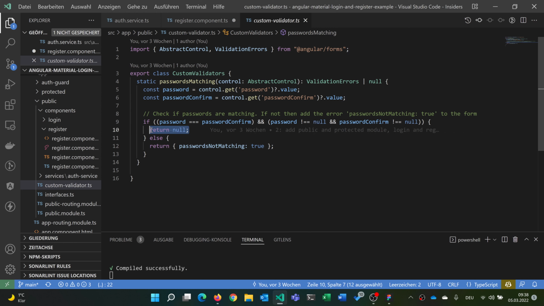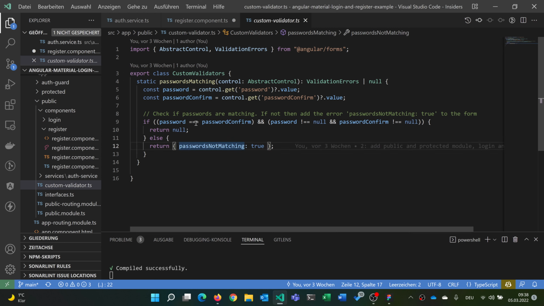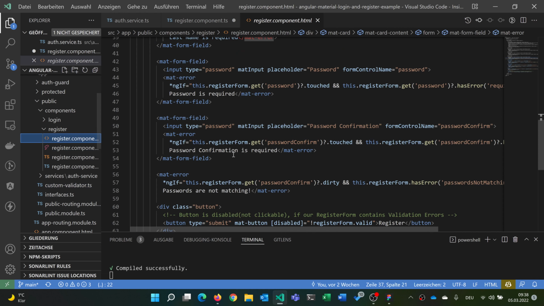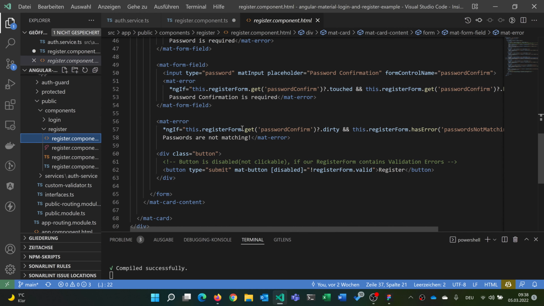And then we would not add an error object or value here, passwords not matching true, to the form. So then we would just return null, so then everything is okay. But if they are not matching, then we would add a validation error as the return, and would say true. And then in our component here, we can simply listen to register form, get password confirm,